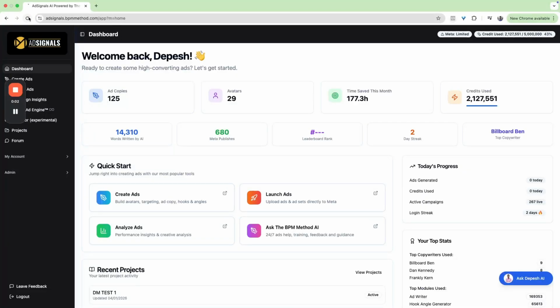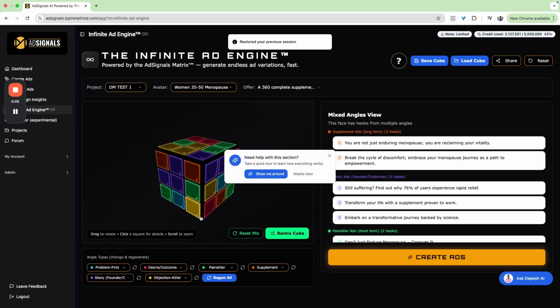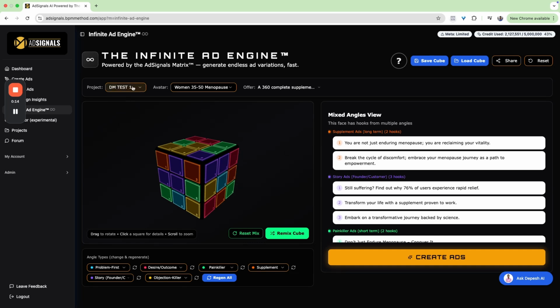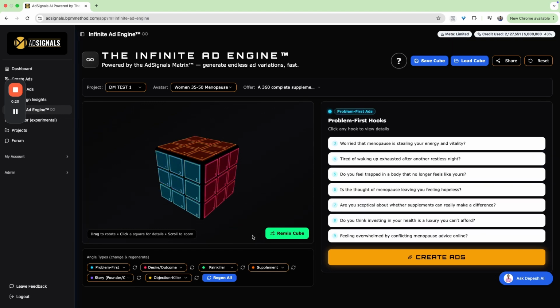So here we are inside the Ad Signals app. Just going to refresh this. And I'm going to show you how the engine works by first showing you one that I've saved earlier. We'll just get rid of the helper guide, which you can use as well. So this cube here, I created it to demonstrate for one of the past clients on how to create the